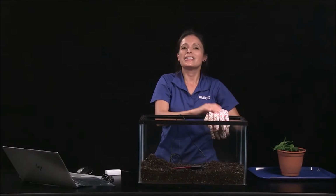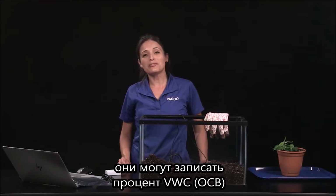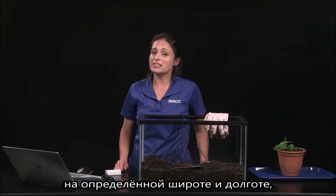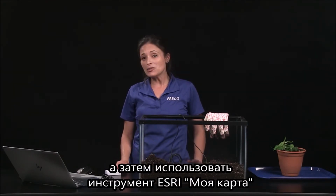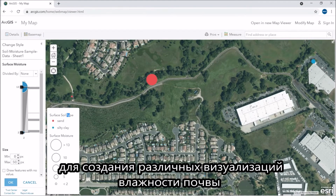Consider having your students conduct a field study of soil moisture, either on campus or off-site on a field trip. If students use a GPS-enabled device, such as a smartphone, they can record the VWC percent at specific latitudes and longitudes, then use Esri's My Maps tool on arcgis.com to create different visualizations of soil moisture at specific